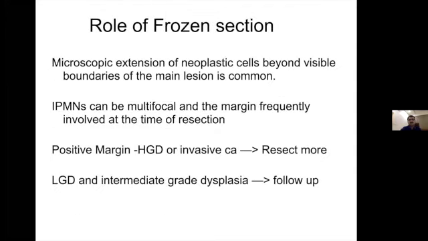So what is the role of frozen section? You can have microscopic extension of neoplastic cells beyond the visible boundaries of the main lesion. So it is a very common occurrence in main duct IPMN, or it can be multifocal with a margin very well involved at the time of initial resection. So if you get a positive margin like high-grade dysplasia or invasive carcinoma, you have to resect more, what is known as a completion resection of the pancreas. If there is low-grade dysplasia or intermediate-grade dysplasia, you can very well follow up this patient to avoid the morbidity